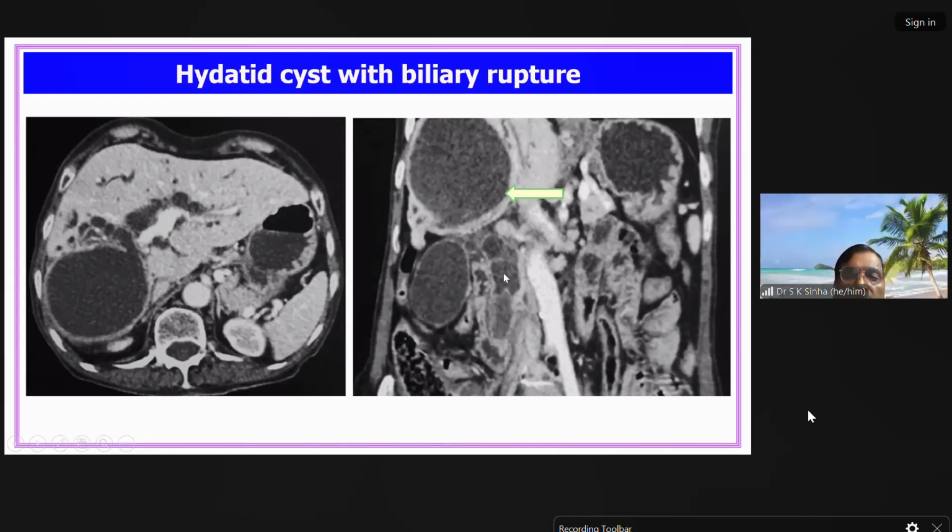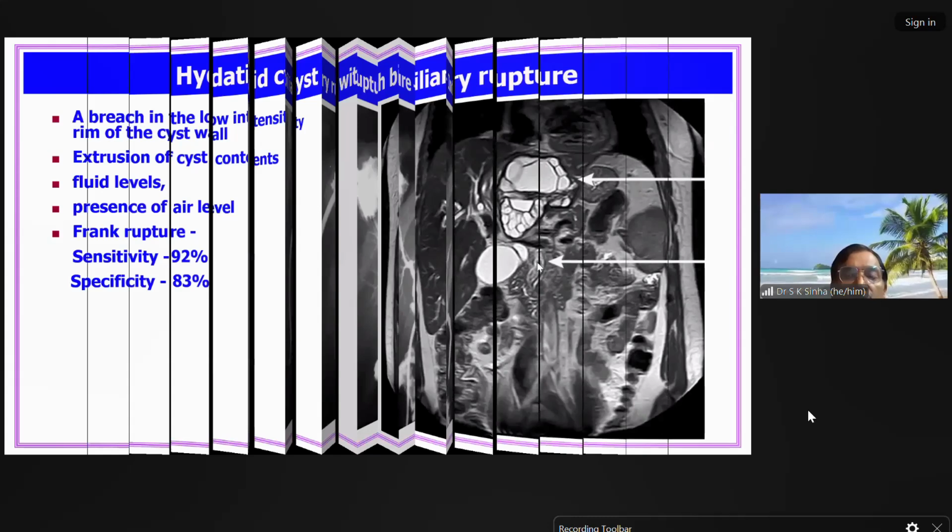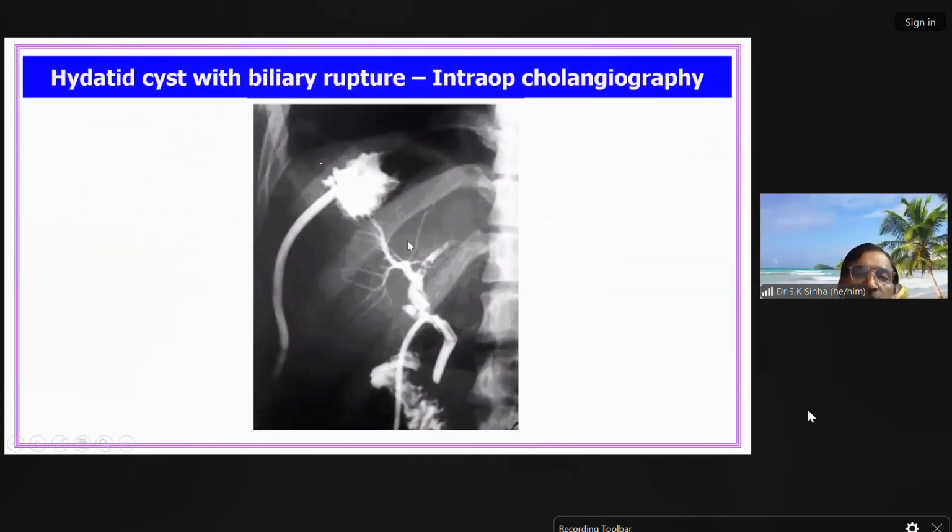So here you see the bile duct is dilated and it contains a membrane. So again, you have a hydatid cyst, again the ducts are dilated, and then there is a membrane in the common bile duct. So this is post-op of